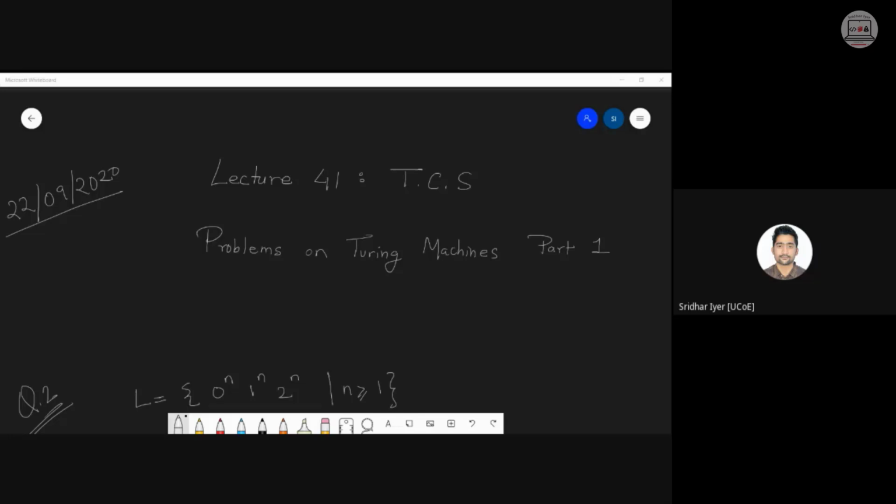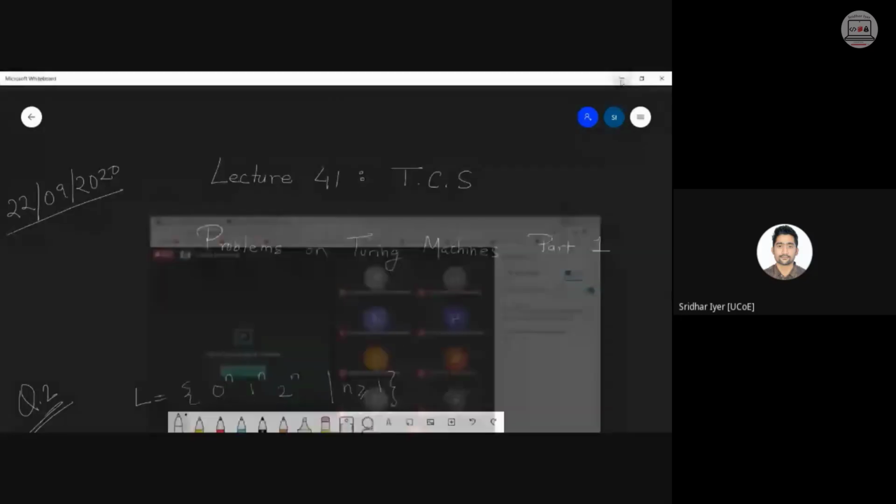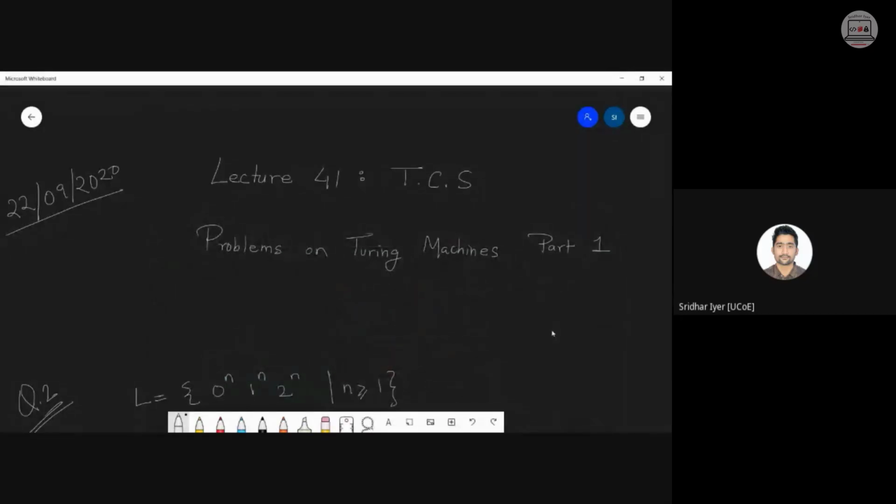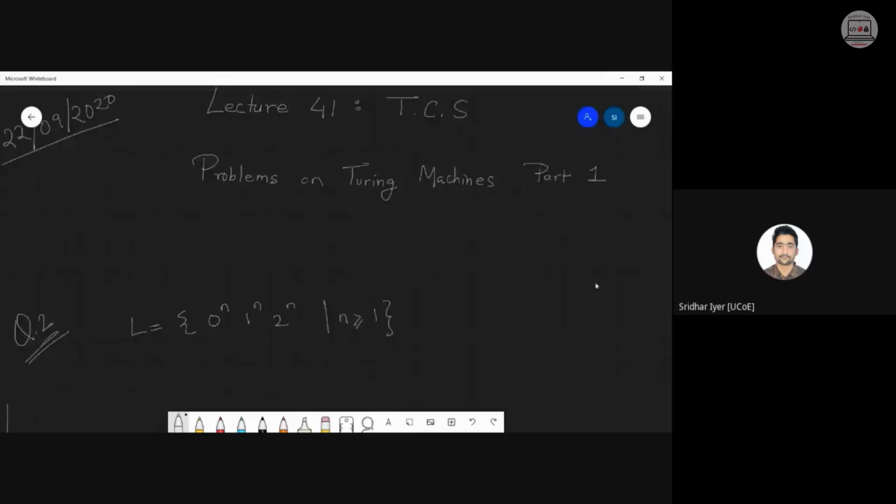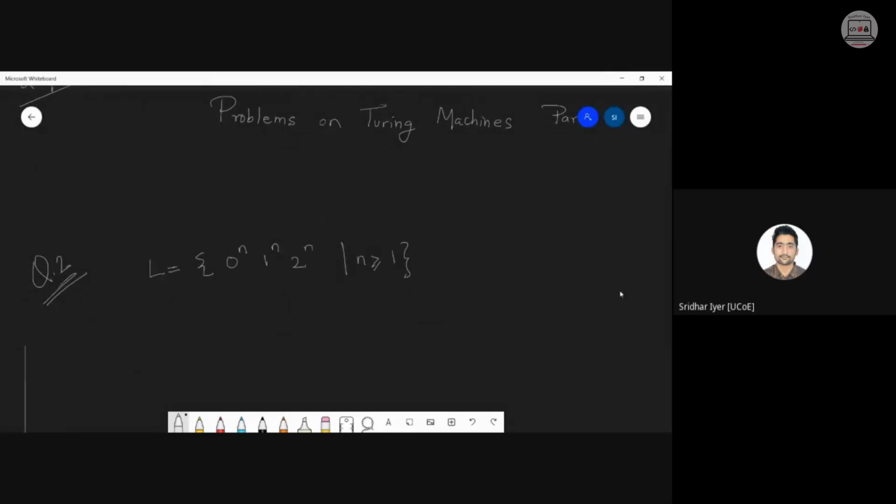As we have seen in the last lecture, we had started with this concept, which is called Turing machines. We also saw one very basic problem on Turing machines. I got some feedback that it's quite easy but confusing at times. So with this problem today, I will be discussing each and every step once again. We will try to make you understand each and every step. So let's start with this problem we are having in front of us.